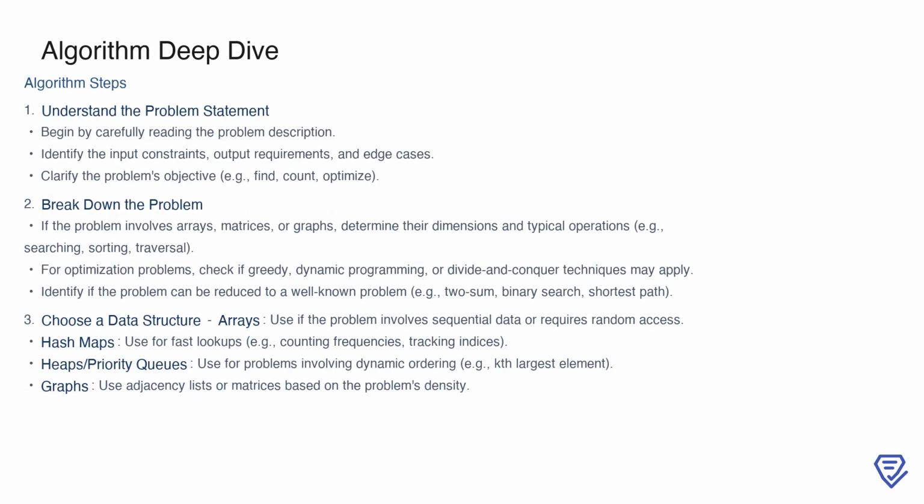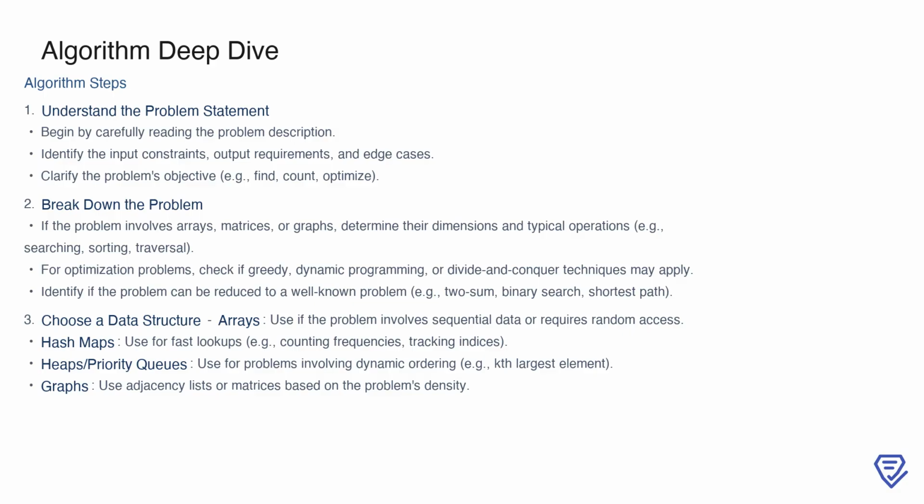To begin solving any algorithmic problem, the first step is to fully understand the problem statement. This means carefully reading the description to identify key elements such as the input constraints, the required output, and any edge cases that could arise. For example, are there scenarios where the input is empty or unusually large? What exactly are we trying to achieve? Are we searching, counting, or optimizing? Once the